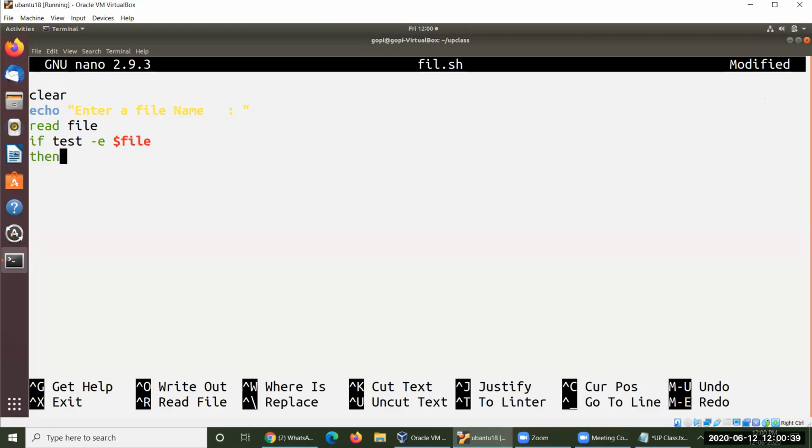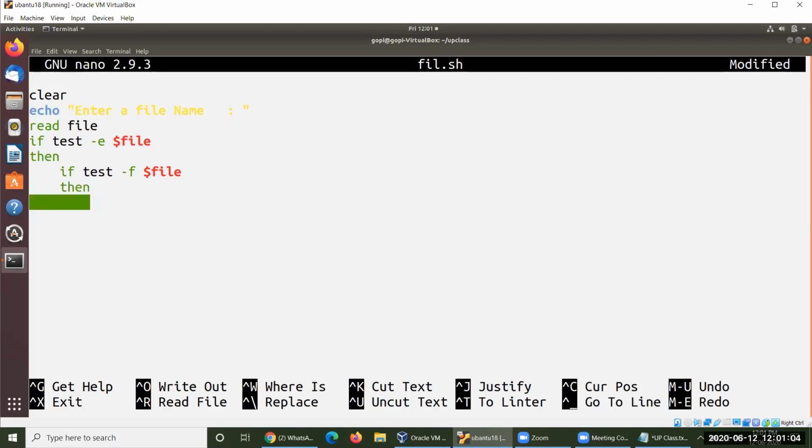Then what are we supposed to do? What exactly are we trying to do here? You may check whether that is a file or a directory. If so, test, let me go for my first option, the file option, hyphen f. Is $file a file or not? Whether it is a file or not. Yes, it exists. It is a file. Yes, I know it is a file.